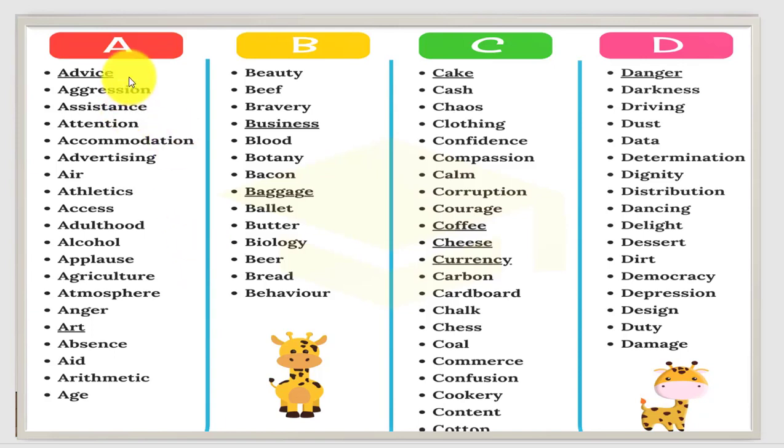You have to categorize them as concrete nouns, abstract nouns, or material nouns. So keep the assignment in mind.